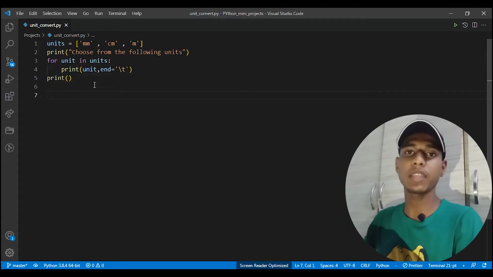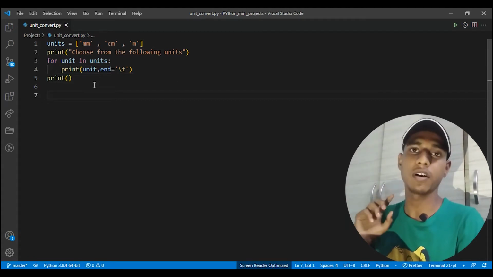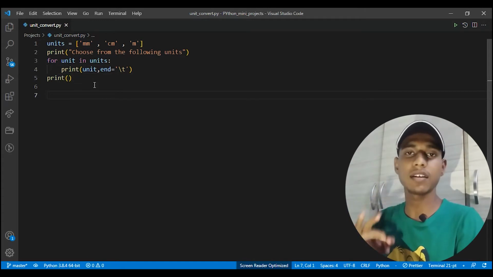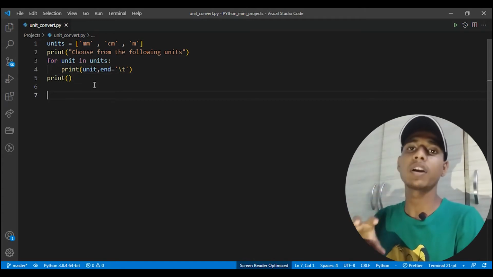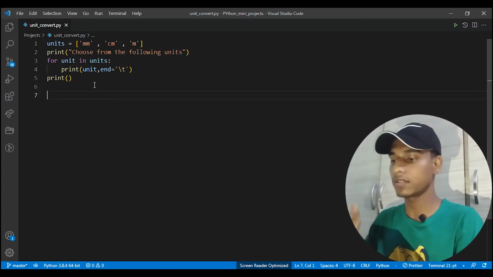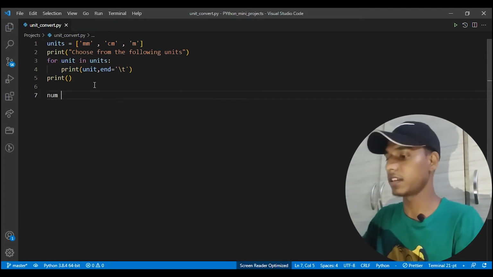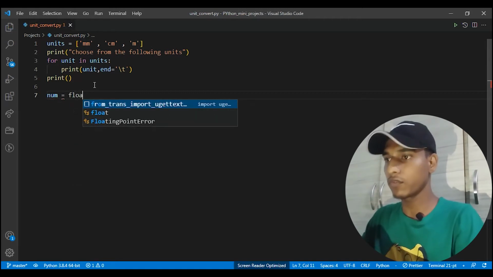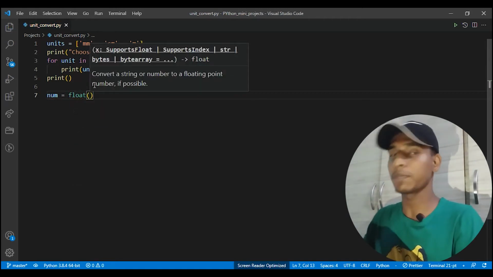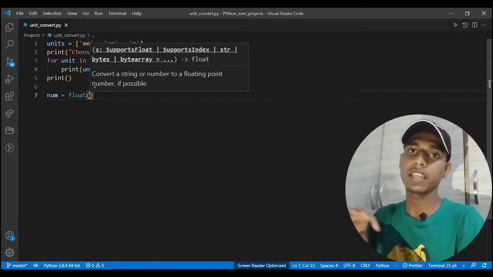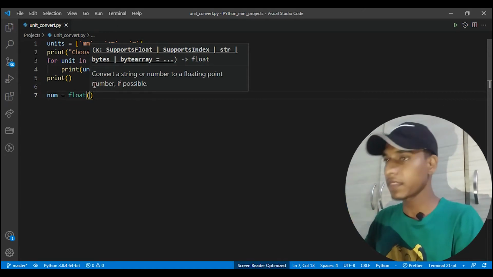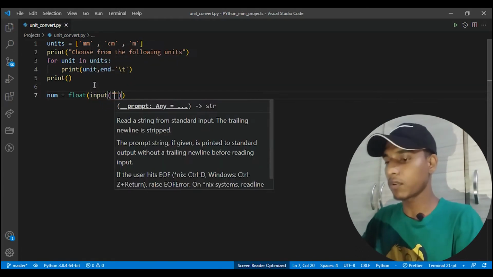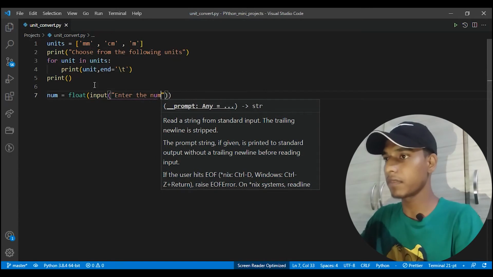Now I want to take three inputs. One for the number, second for what is the unit of this number, and third which is the unit you want to convert it to. So let's do that. I will name it num, and I will convert it to float, because by default the input is string data type. So now I will use the input function with the prompt "enter the number",